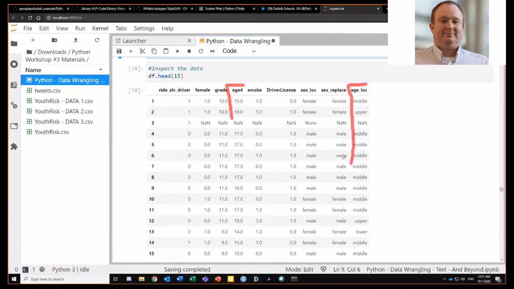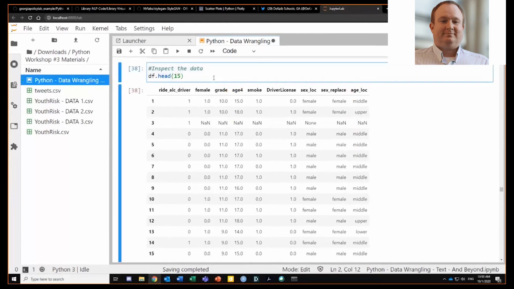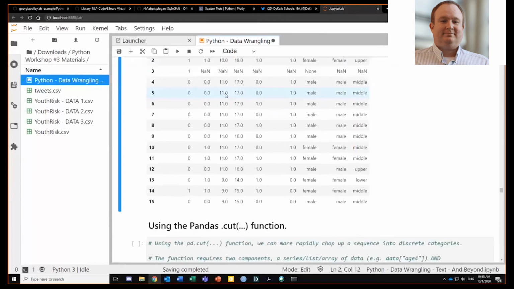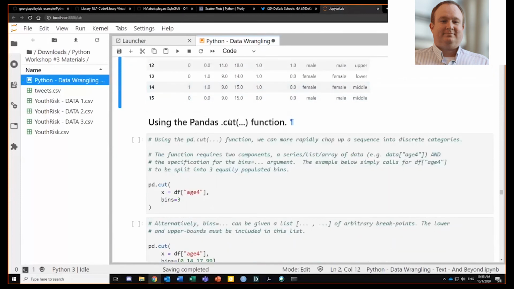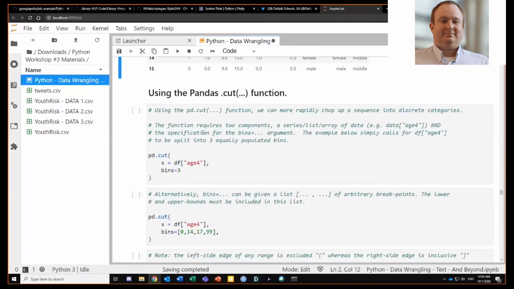Now that's difficult, especially for just 3 categories. That was a lot of code. And a lot of things could go wrong and a lot of things could get missing. So instead of defining all of this manually, I've discovered there's a function in pandas called cut. So let's practice that. In my previous example, we cut up age into lower, middle, and upper, my 3 age categories. So let's try to do that using